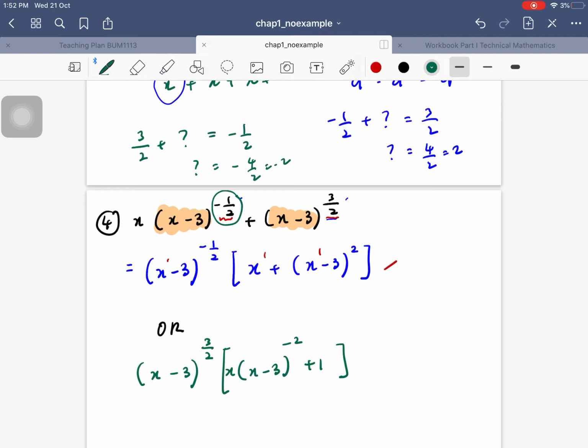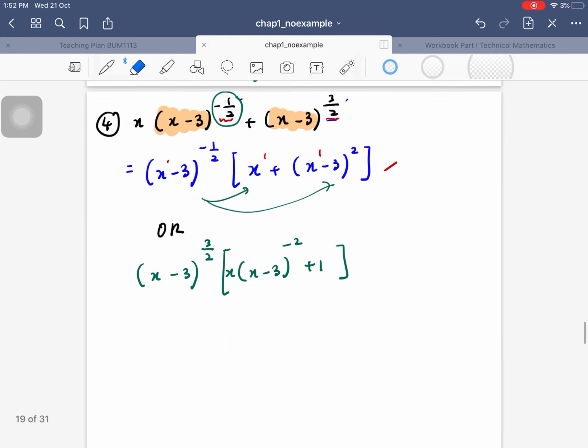That should be fine as well, as long as when you multiply both of these, it's going to be the original function. Okay, so sometimes do not limit yourself to only one way. There could be multiple ways of manipulating your function. We're not solving anything over here. Okay, so we're done with topic 1.1, which is